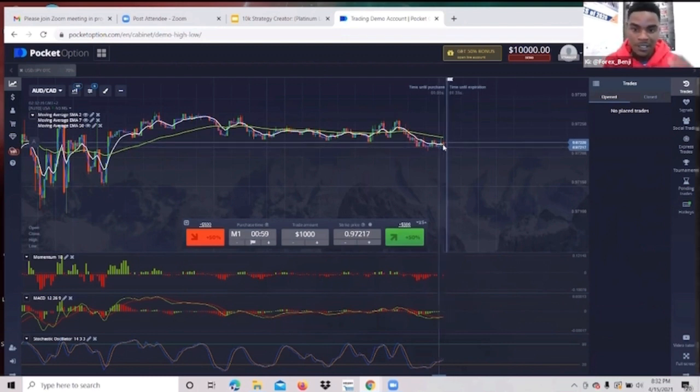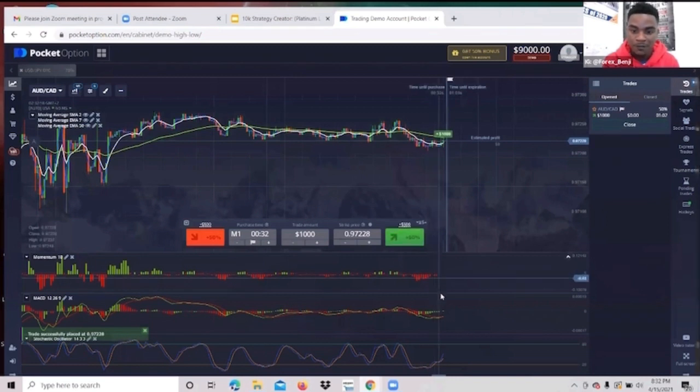Why? Because once those EMAs cross, it is an impulse to the upside on this move going up. However, when they cross with the green, it's more confirmation as to why this trade will most definitely end up in your favor as a buy. All right, so now that we have all three of our crosses going up, and I'm looking at price moving to my green line, I'm going to take a buy, meaning that all my crosses and my confirmations are